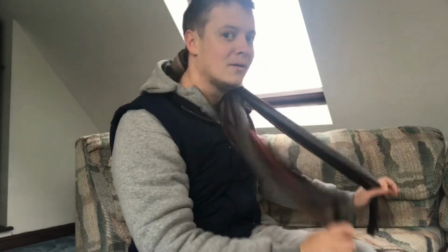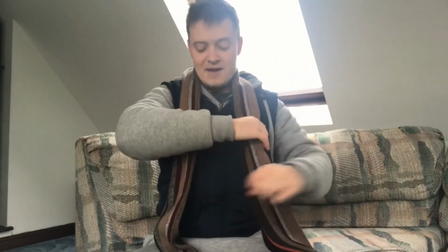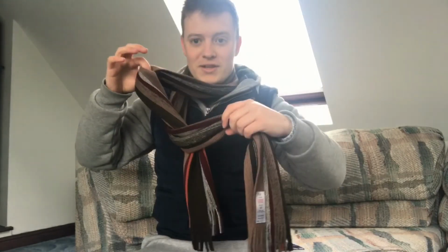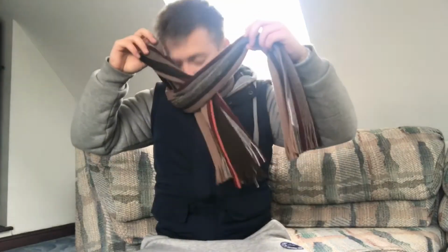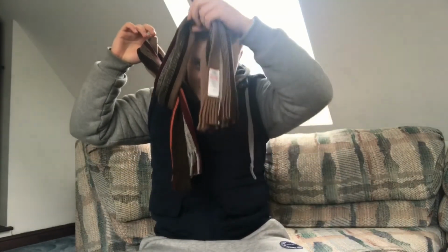So now, as you can see from the side, you've got this little loop. And you've got this section here. So as soon as you tighten it up, that loop is going to pop it straight through the neck. So really easy to do. It'll only take a little bit of practice just to get used to grabbing that left part here and then just creating that loop. Once you've got this loop here, your head isn't going through the loop, otherwise you'll end up strangling and suffocating yourself. You're going to go through the two bottom ends,